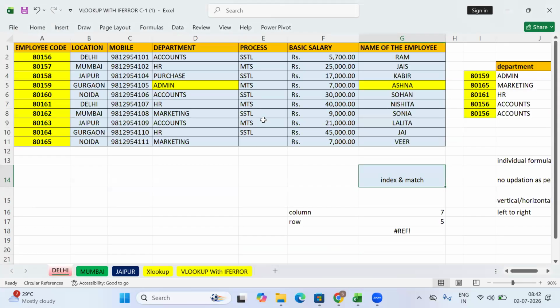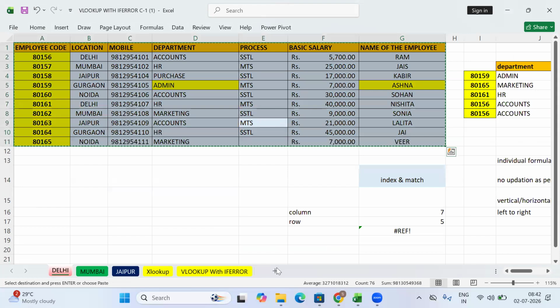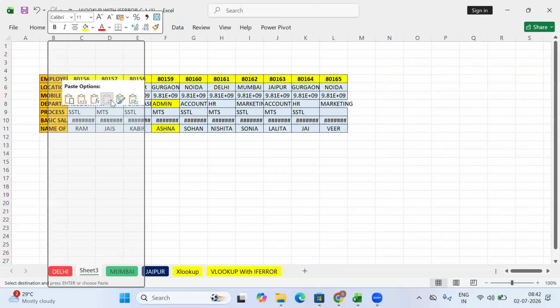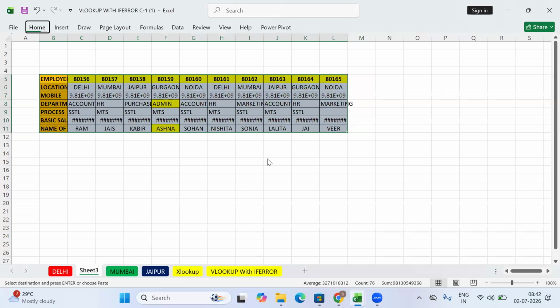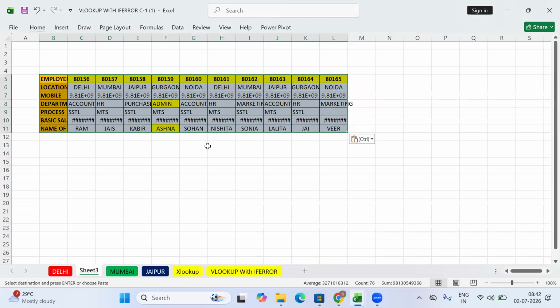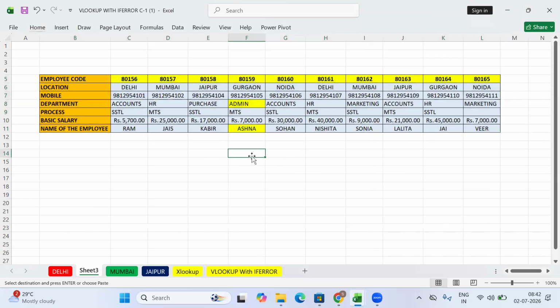There is no difference. See, I'll just create a horizontal table here, so that you understand that HLOOKUP we use for a horizontal table only, right? Yes, ma'am. But is it really required? Because I never used it. I'm using VLOOKUP and XLOOKUP only.